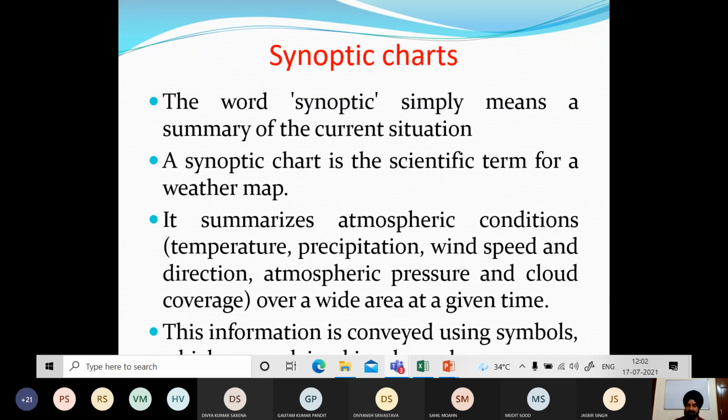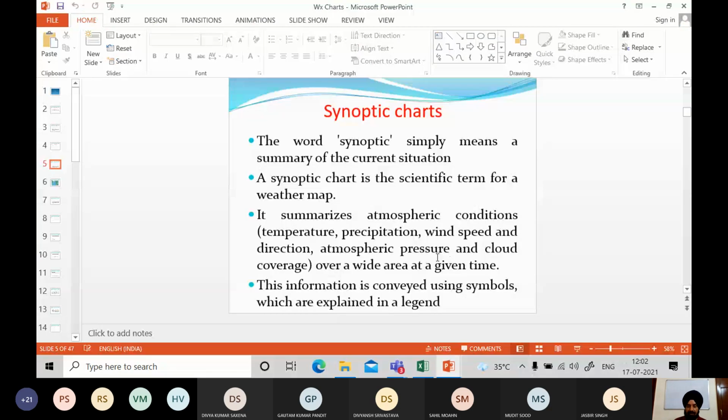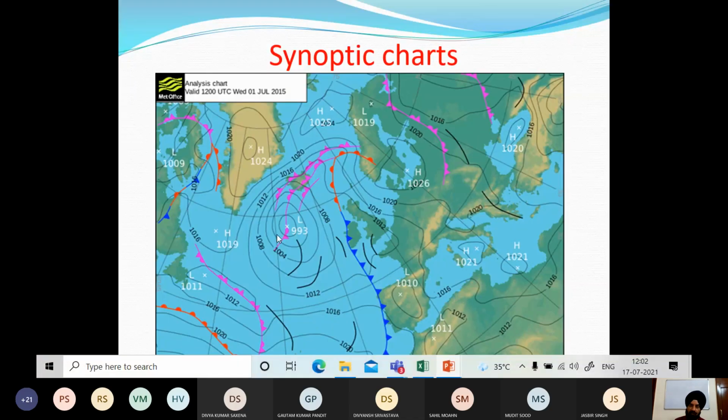A synoptic chart is a scientific term for a weather map and summarizes atmospheric conditions: temperature, rain, wind speed, wind direction, atmospheric pressure and cloud coverage. That is all your total weather. That's what you want to know over a wider area at a given time. So this information is conveyed using various symbols which are explained in a very different form. So we know these symbols, or what these symbols mean, like these are the fronts: cold front, warm front, occluded front, and this, again no need to mention, we know these are the isobars showing different